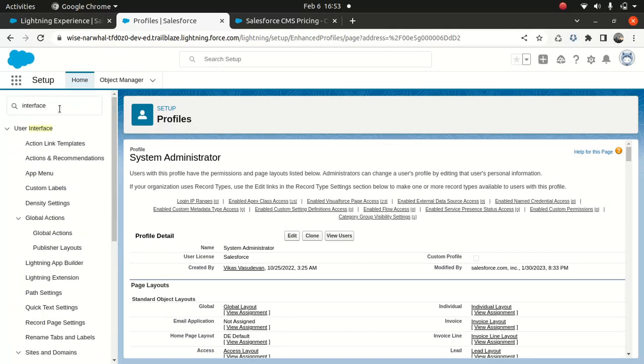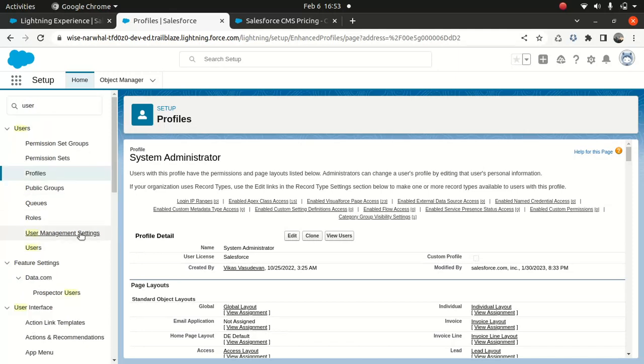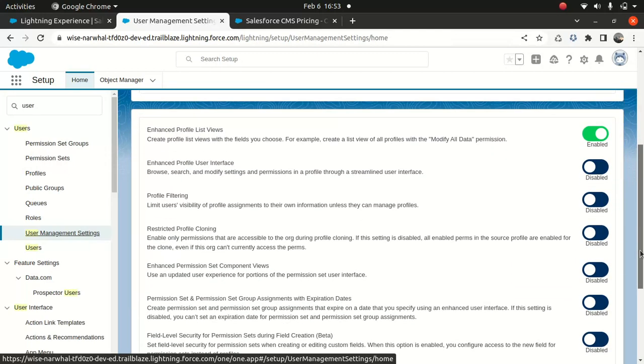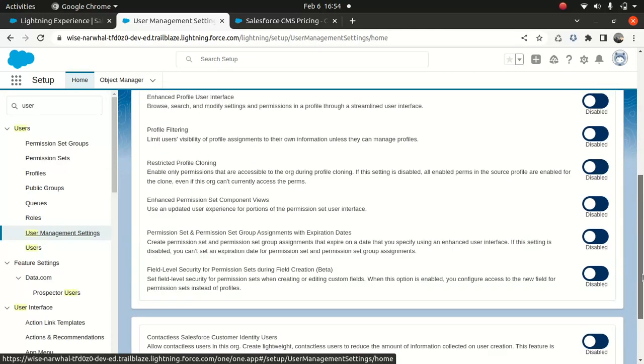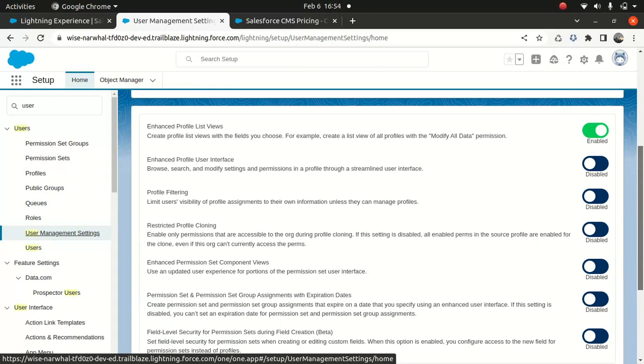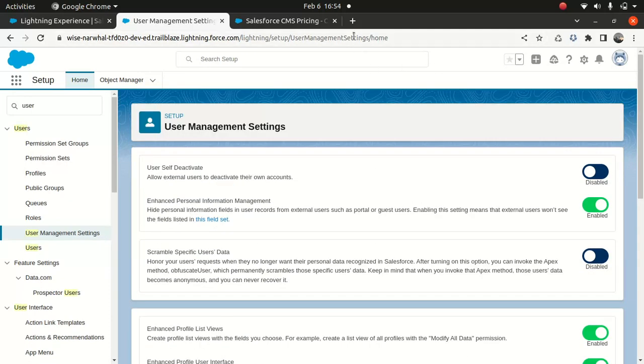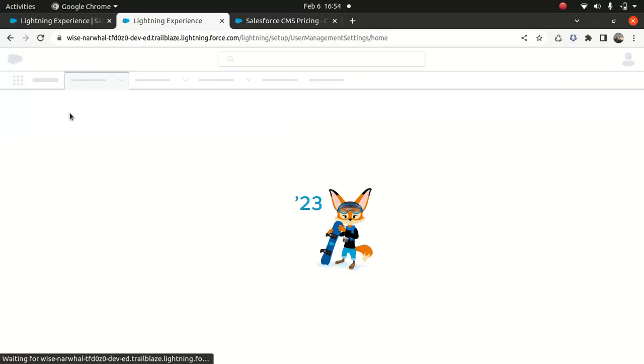Not this one. Okay, I'll just talk to the user. Yeah, this one. So what I'll do, I want the enhanced profiles user interface, because I hate that bloody interface we have in place. So that's great. I'll refresh the page and then I'll go back to the profiles,